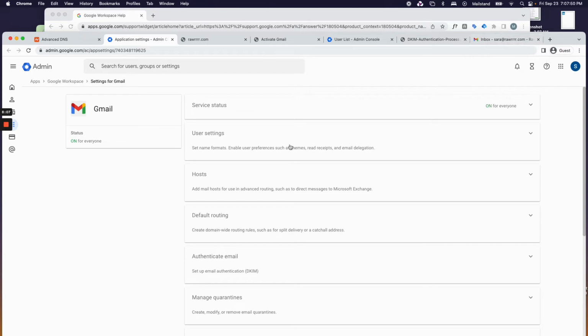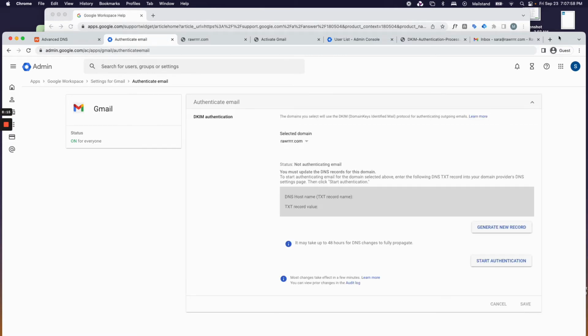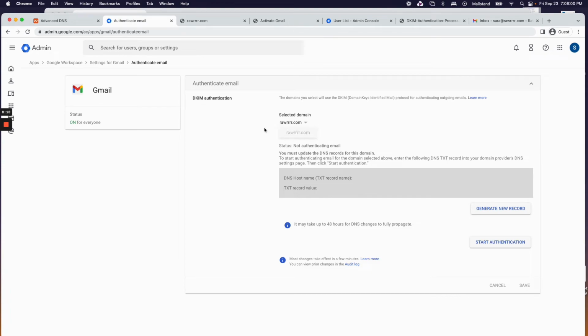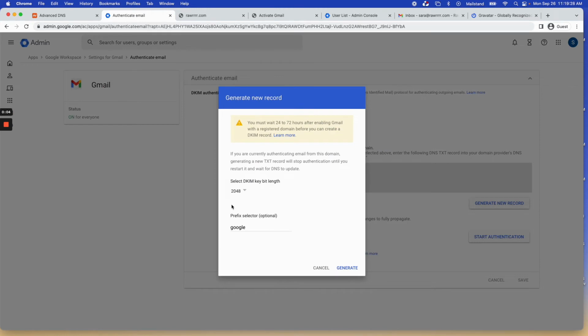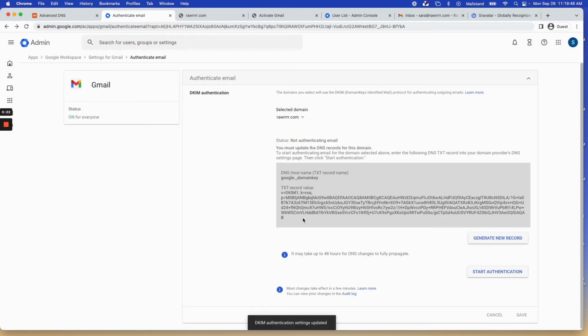And so you'll just go to apps, Google Workspace, and then I'll send a link for this. And then you're going to say, hey, authenticate email. And again, this is on the admin side, so we're doing it for the entire domain that we just set up. Okay, so we're going to hit generate new record. And then these are standard kind of selectors, so you don't need to change anything here. And so one thing to note is you're going to want to wait 24 to 72 hours before hitting generate. I guess it's like a thing on the back end that Google needs to do. So we waited a couple days, we hit generate, and so now you have the host name and the TXT